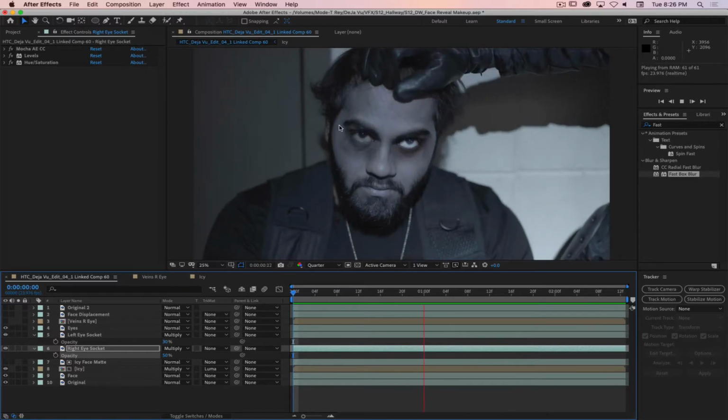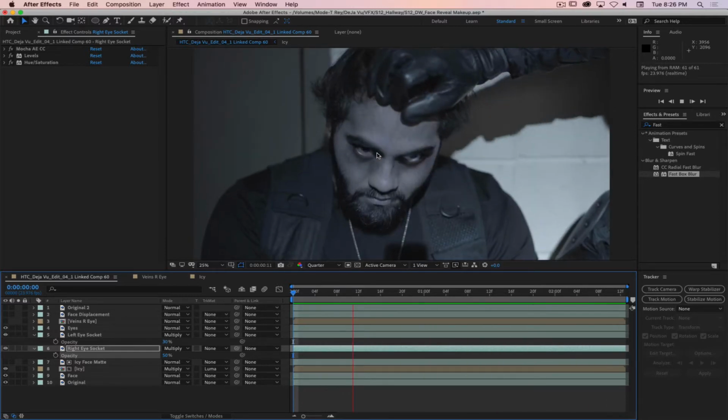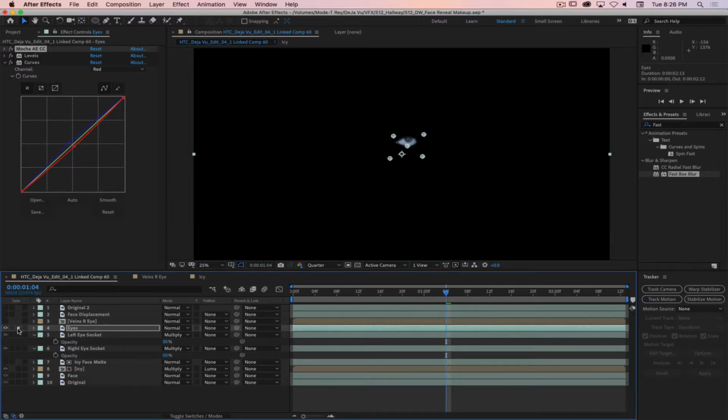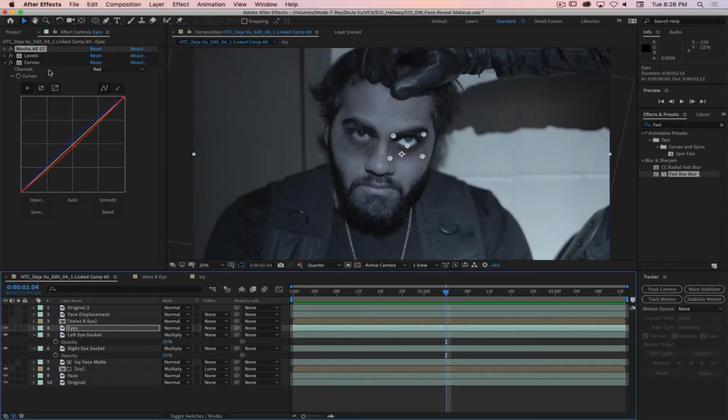So then the next thing I'm going to do is incorporate this other eye. We already have a nice eye edit right here, and we've already got a Mocha set up in there. So I'm going to go back into that Mocha. I'm on the eyes layer, and if we look at this, it's just that one eye. I'm going to go into the eyes layer, go into Mocha again,